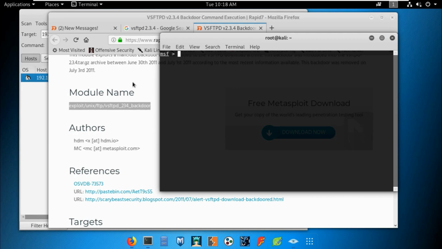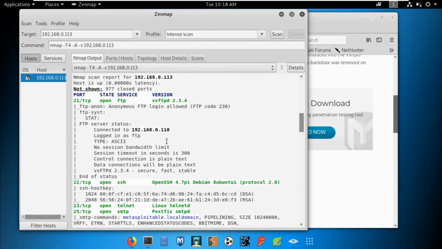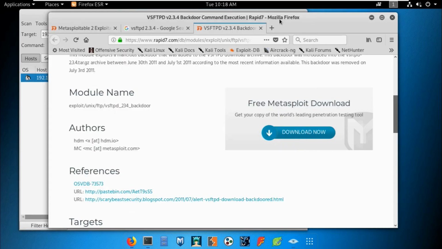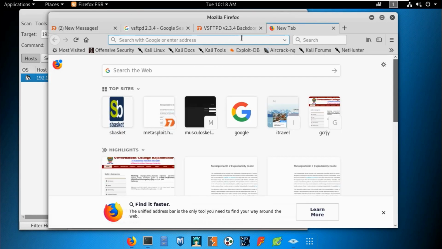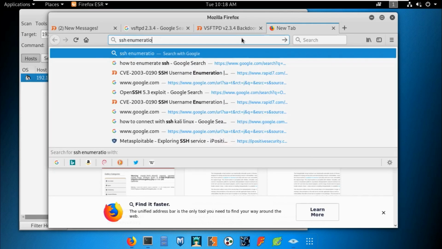Fine. Now we are going to use the SSH service. Now we are going to perform enumeration. Port 22, SSH, secure shell. In most cases SSH has root user privileges. So now we are trying to exploit or enumerate the SSH service. SSH enumeration.